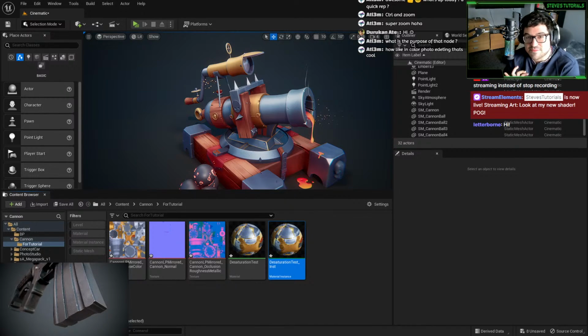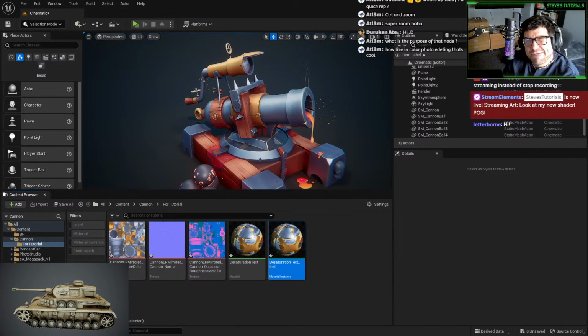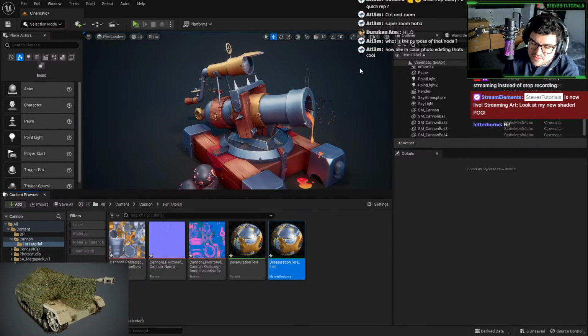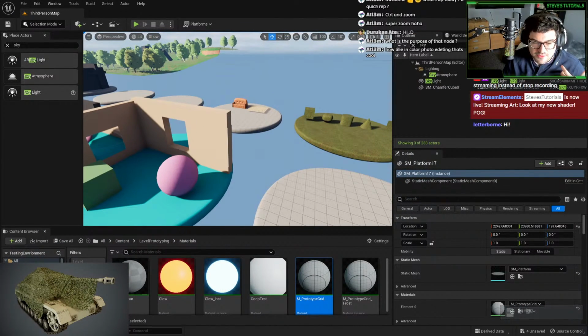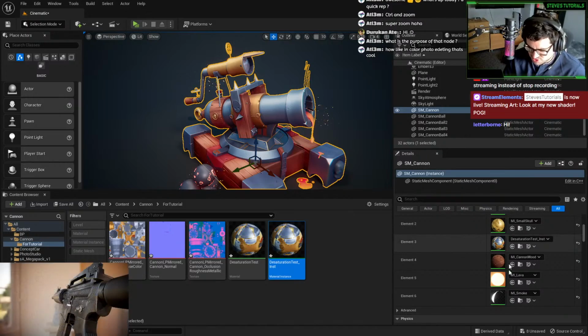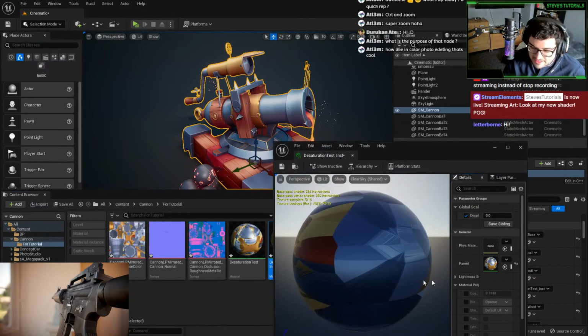The next one I'm going to show you is cheap contrast. Because the thing with the cheap contrast node is you can use it in a lot of different ways. If we go to this environment, you can use the cheap contrast node to literally just contrast the texture, right? So if we open this up,